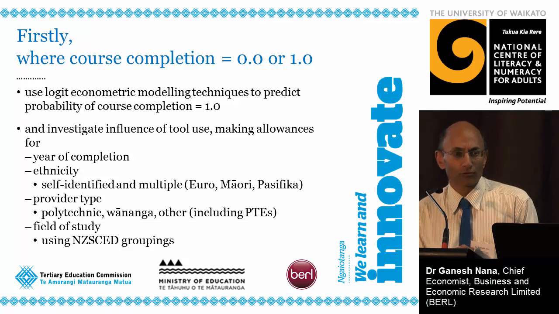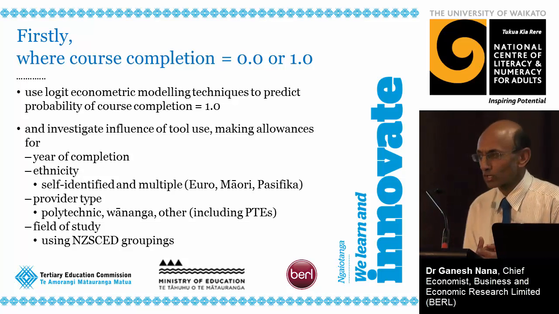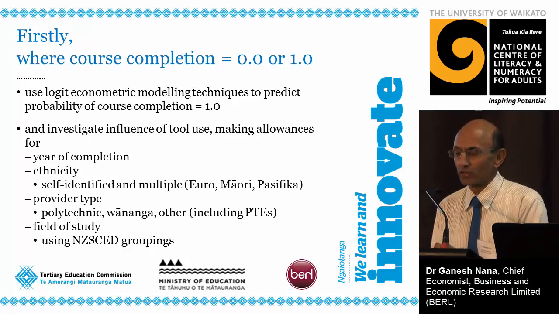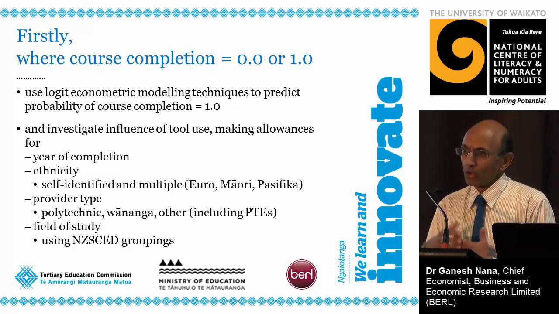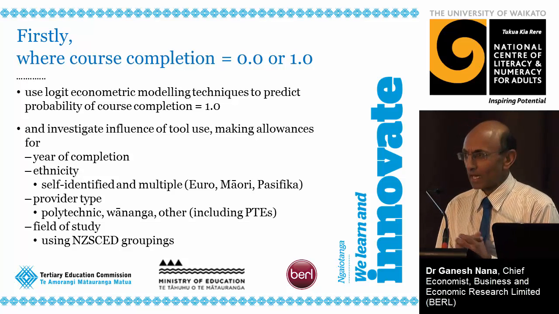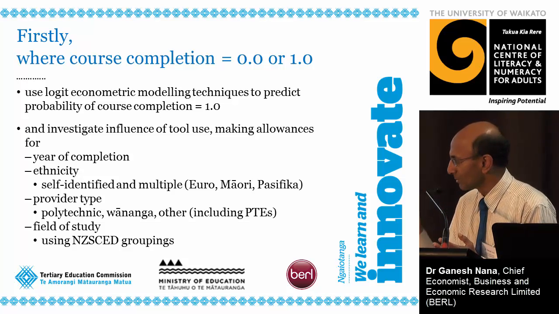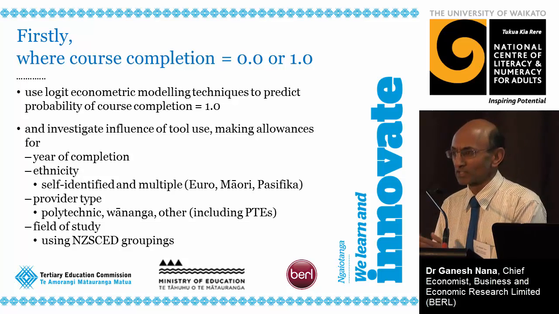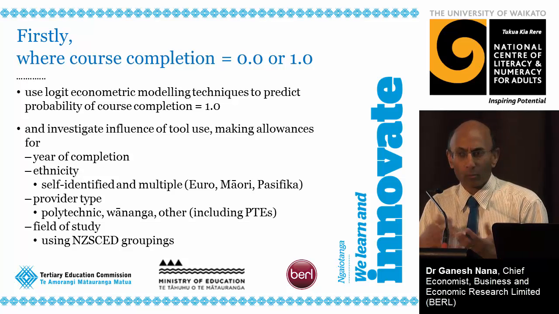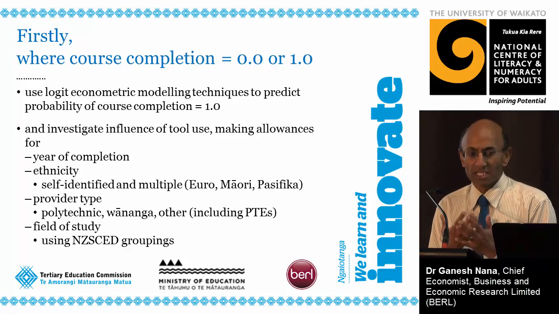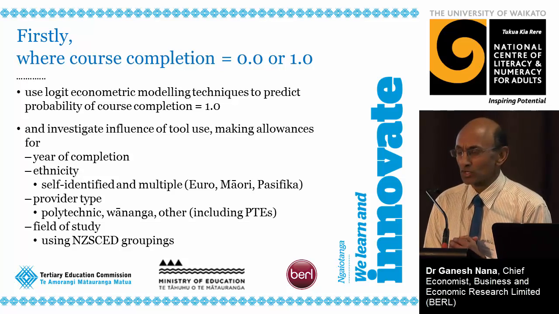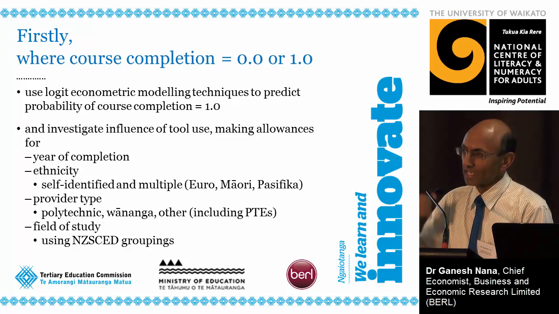We want to control for a few other variables. So we introduced year of completion, whether it was 2010 or 2013, or ones in between. We also captured ethnicity, self-identified according to the MOE data that comes through. We looked at 3 groups, Euro, Māori and Pacifica, and clearly an individual can be in more than one of those groups. We looked at provider type, polytechnic, wānanga and other, where other included PTEs, and also field of study, where we used the